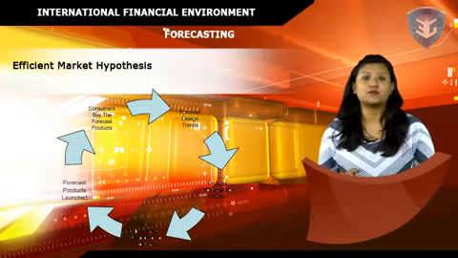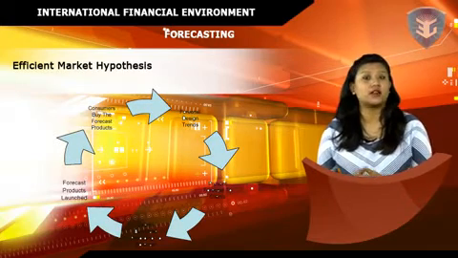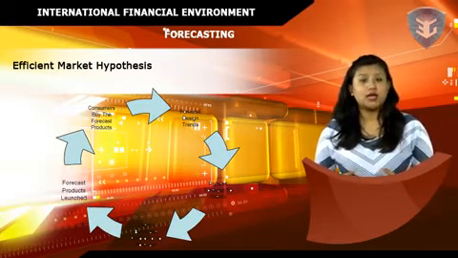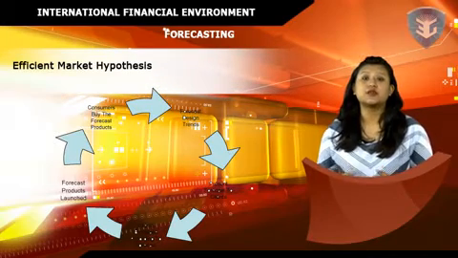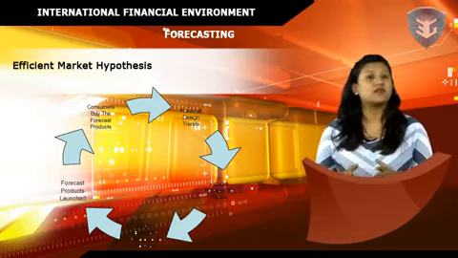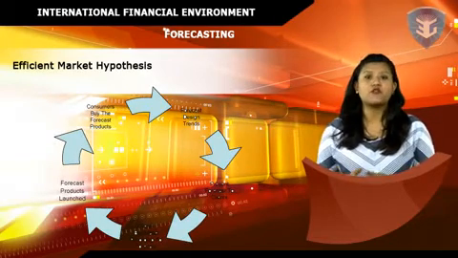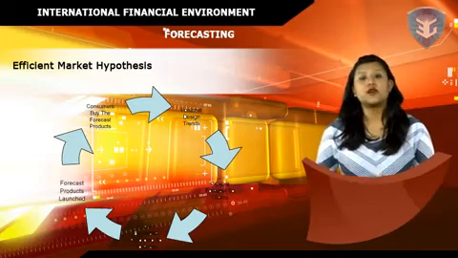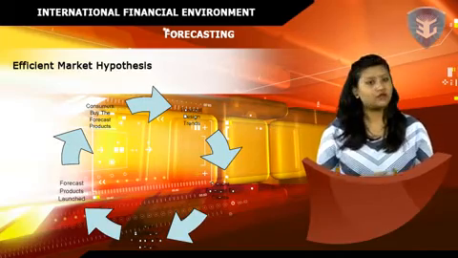Empirical evidence supports market efficiency when transaction costs and other factors are taken into account. This has been restated in terms of three degrees of efficiency. The weak form of efficiency states that the current prices reflect all historic information. The semi-strong form of efficiency states that current prices reflect all publicly available information.